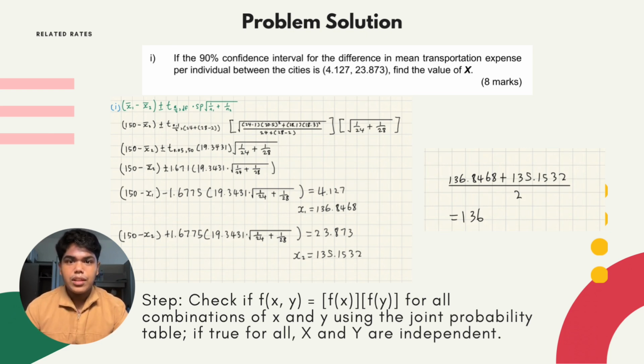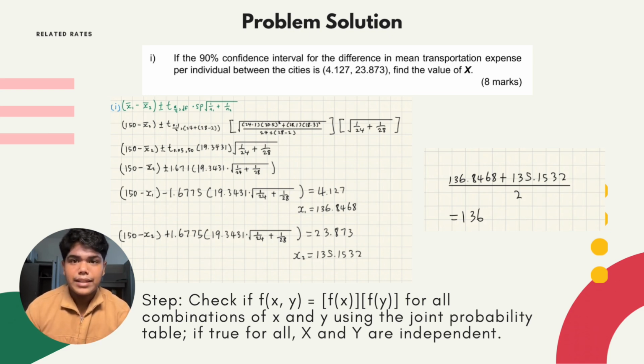First, solving the lower bound equation, which is 150 minus x minus margin of error, which is 4.127, gives a value for x of 136.8468. Second, solving the upper bound equation, 150 minus x plus margin of error, which gives us 23.873, for the value of x of